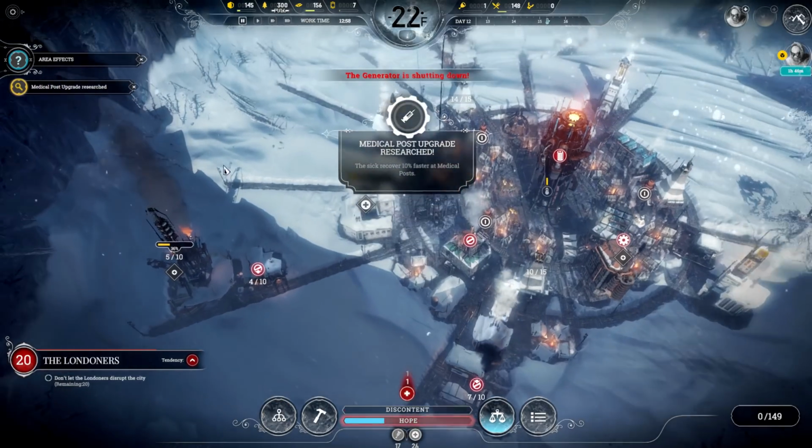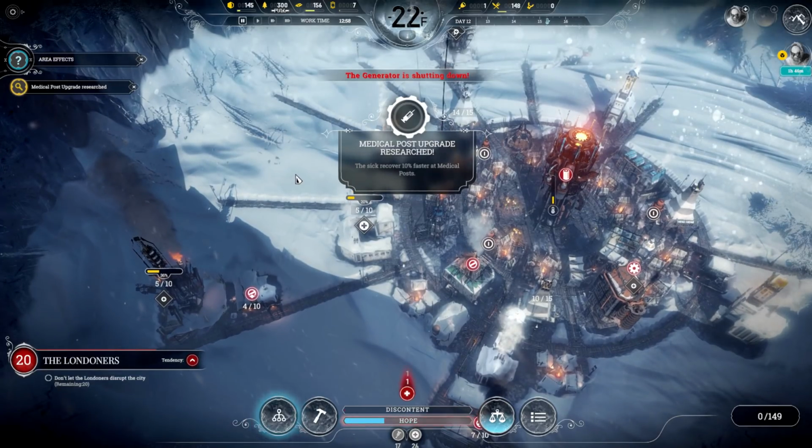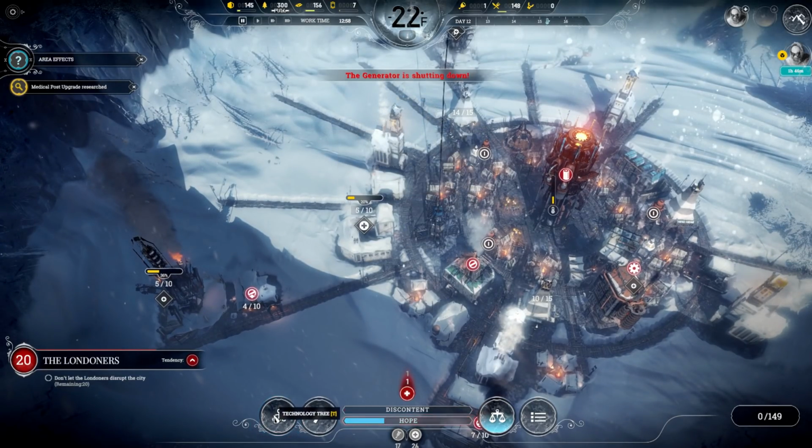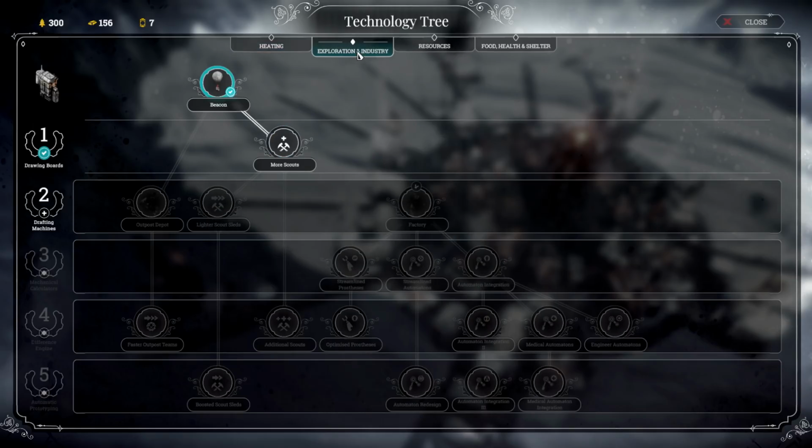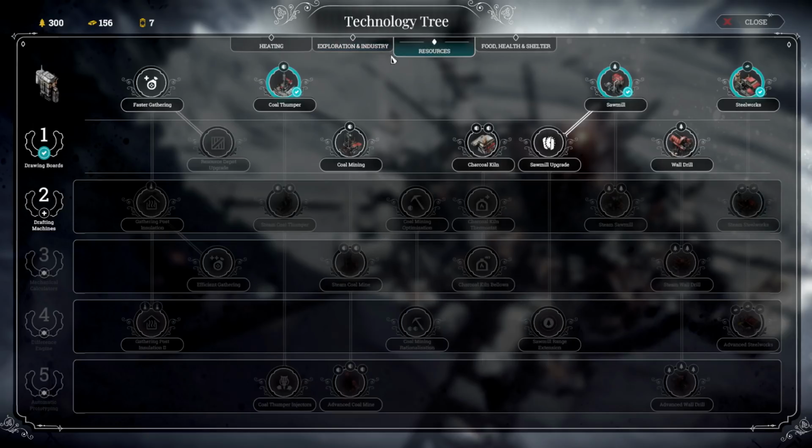Medical post upgrade researched. Sickness recover 10% faster. Fantastic. So let's go ahead. We can do a research and a law now. Heating, we can't get... Well, we could get this if we research these things. Exploration and industry, beacon, more scouts we could research. Resources, I'm just saying if